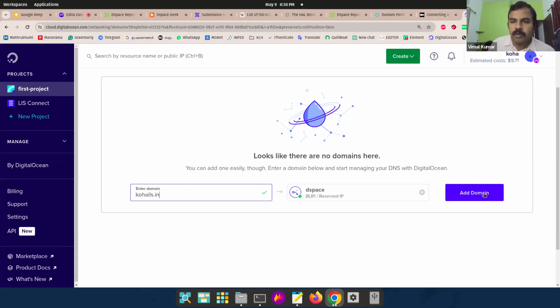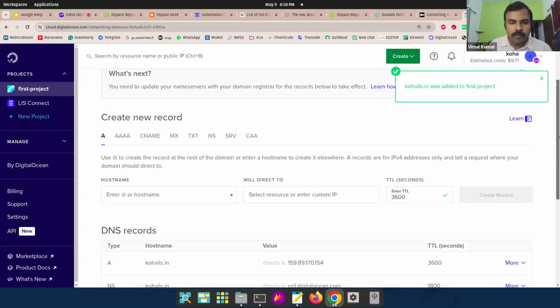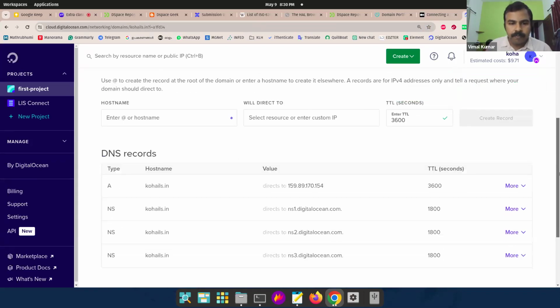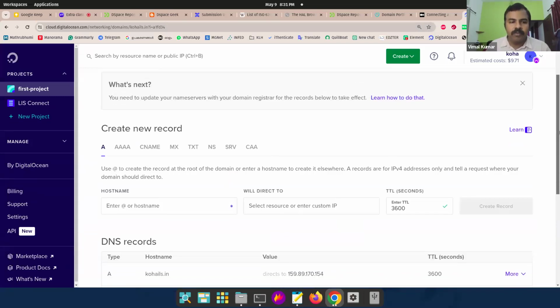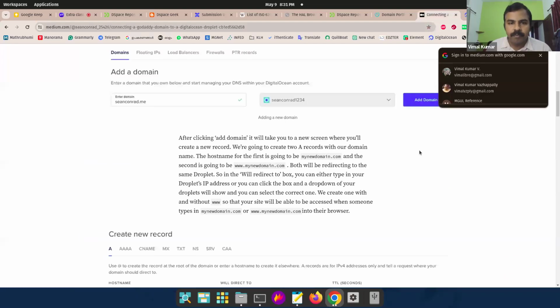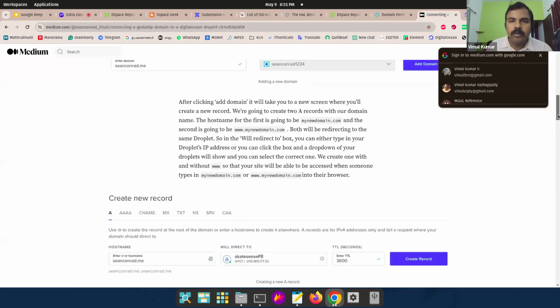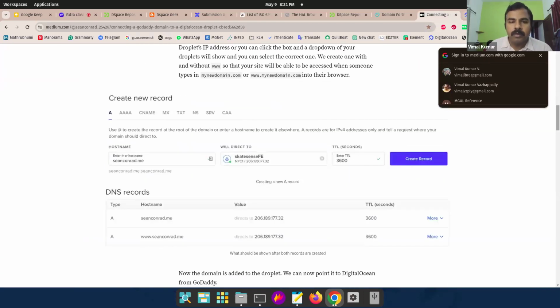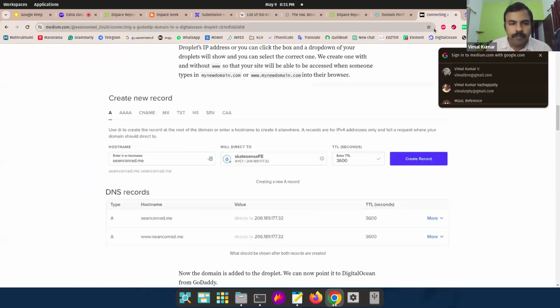DSpace, and see here, this domain name is attached to this DSpace cloud server. Okay, now